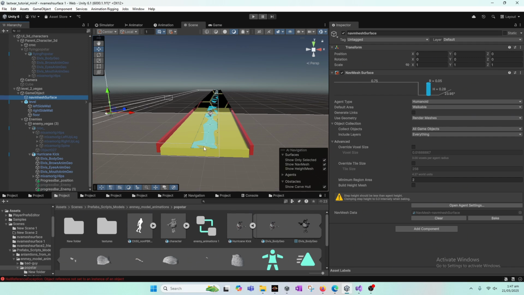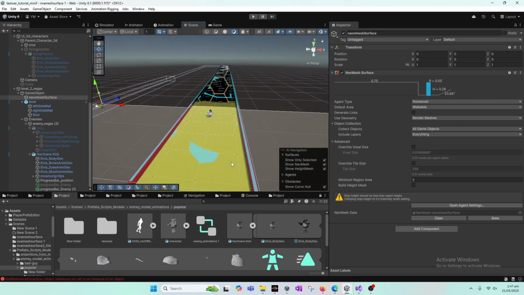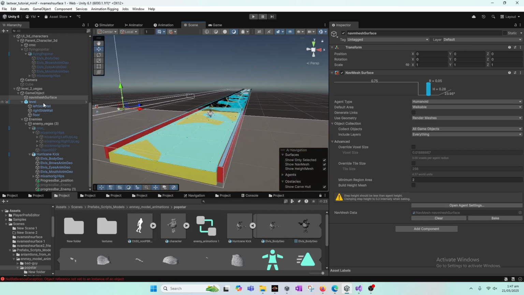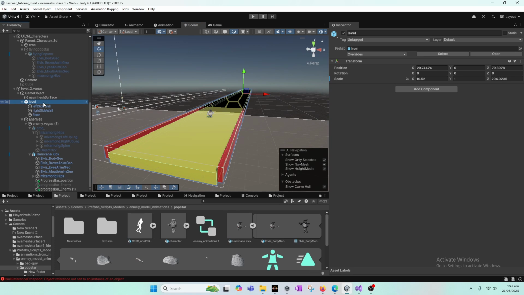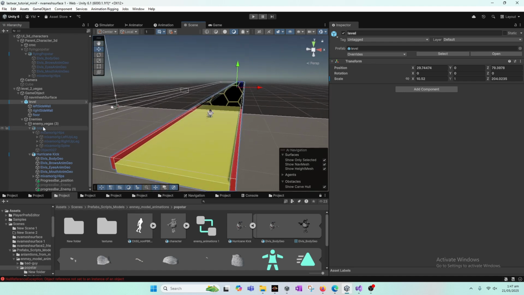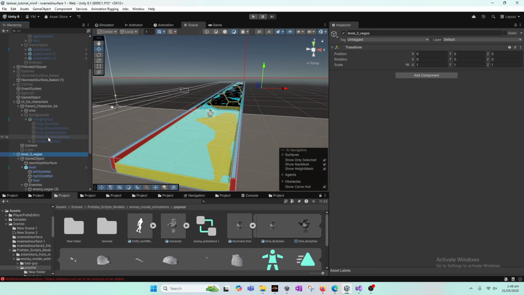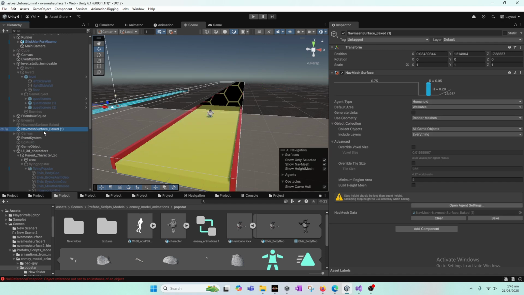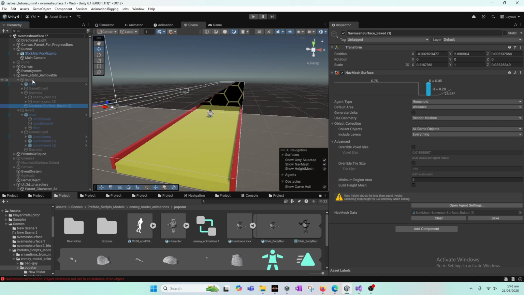This watery grid will increase in size. Now I press bake, and as you can see it went to this place, which seems fine. This level can be scaled along the Y as well, but let's leave it for now. Now, as you can see, this is our level 2 Vegas, and what we'll do is put the NavMesh Surface baked in level 1 as a child component here,